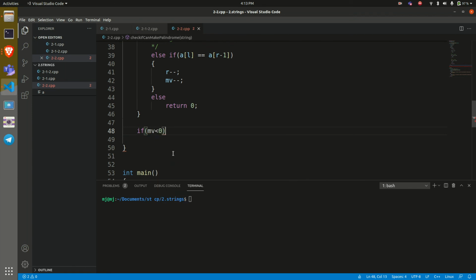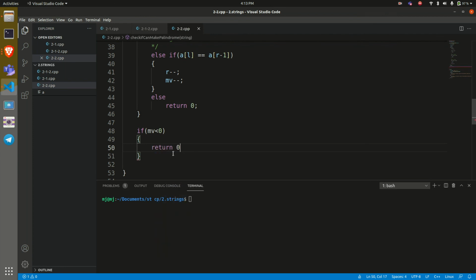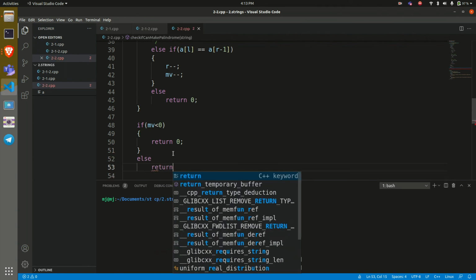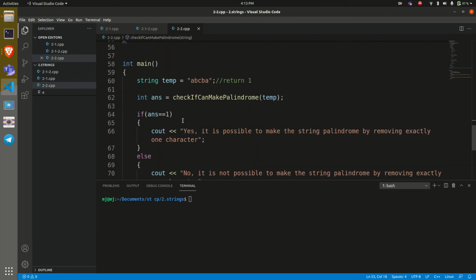If MV is less than 0, then just return 0, because it is not possible, as we have used more than one move. Otherwise, if MV is not less than 0, then just return 1, stating that yes, it is possible to make it a palindrome by removing exactly one character.